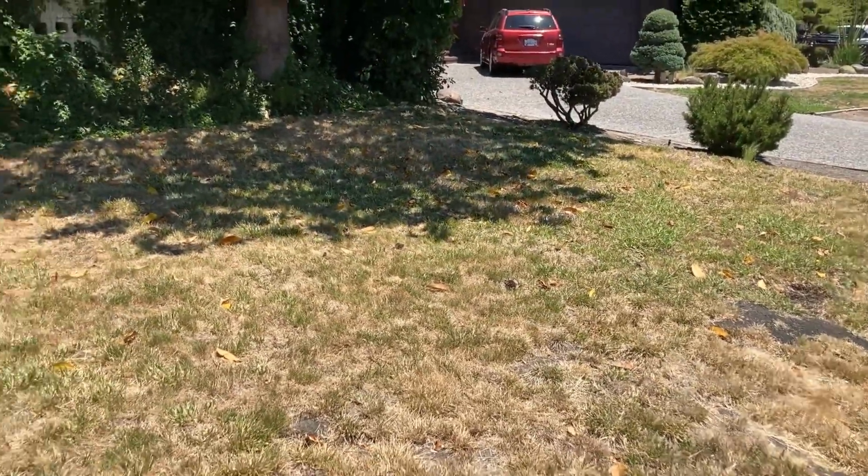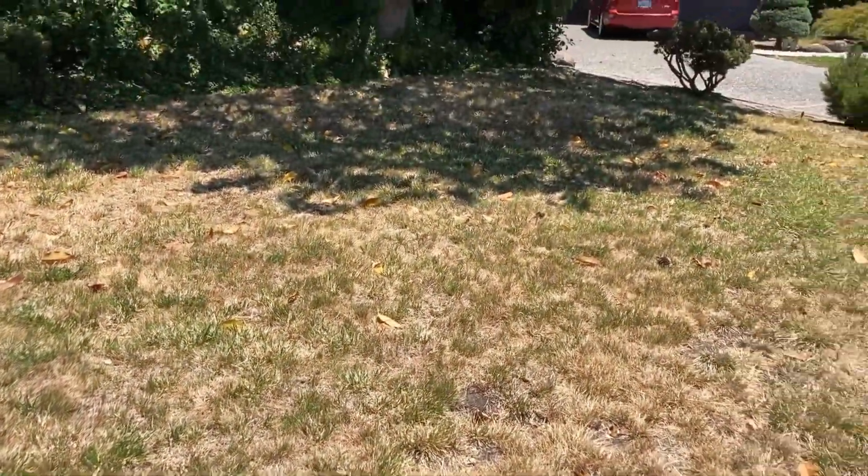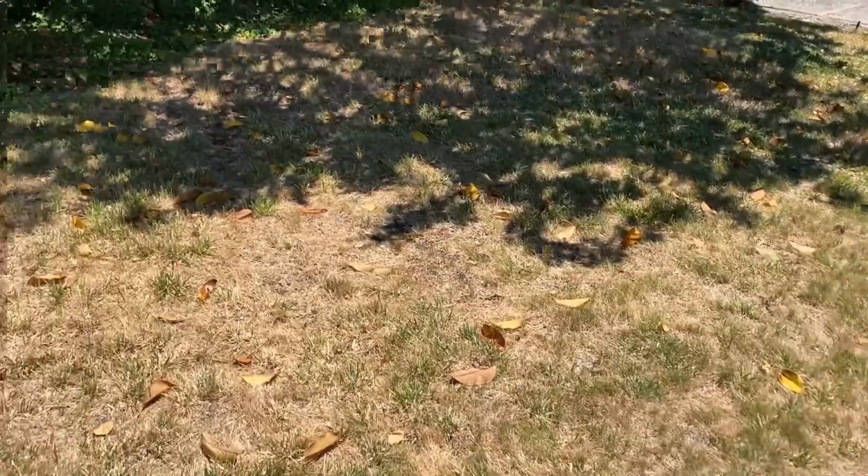First I'm going to rake up all these magnolia leaves that get dropped onto the lawn here, and let me show you the paint that I'm going to use. So let's take you over here,